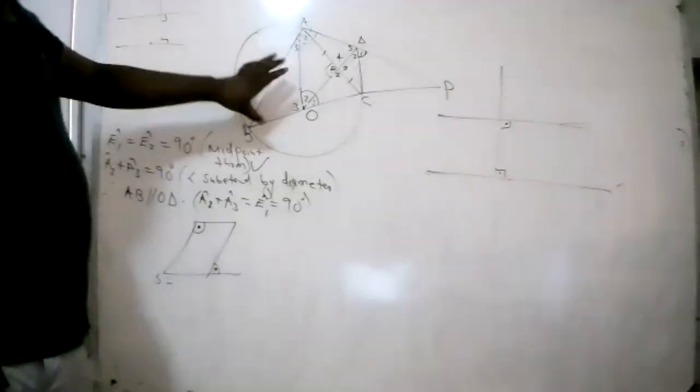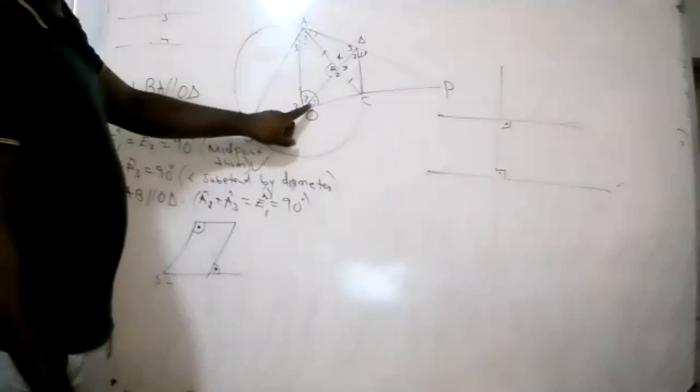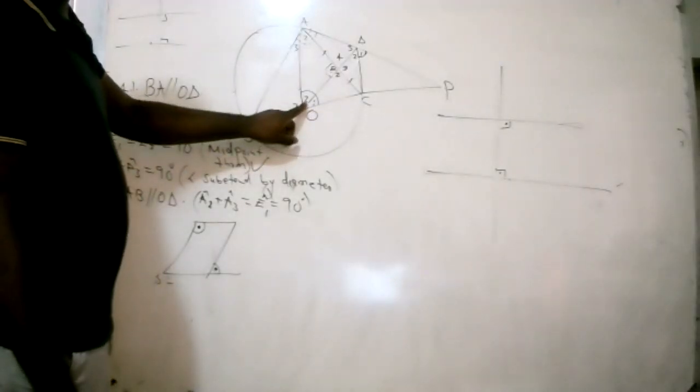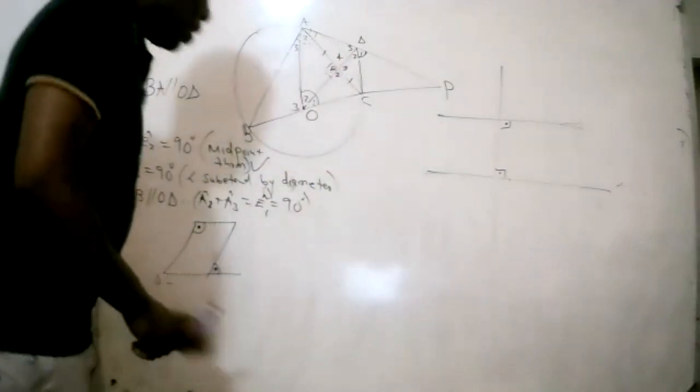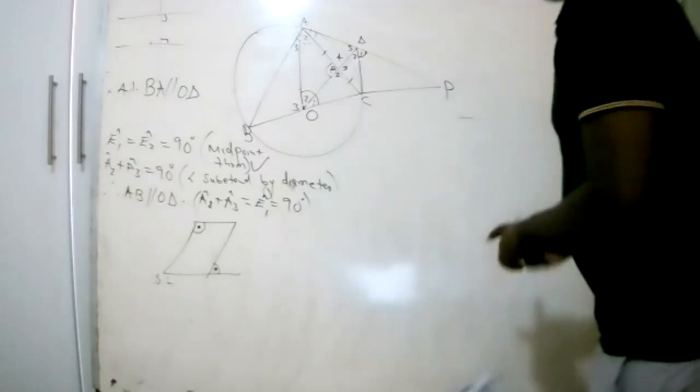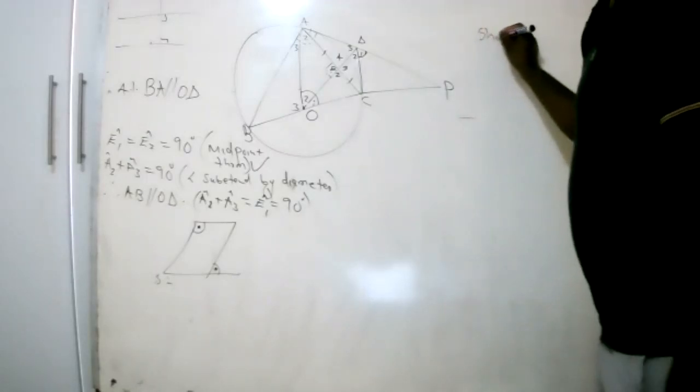Which theorem can we use in order to show that angle O1 plus angle O2 is equal to angle D1? How do we show